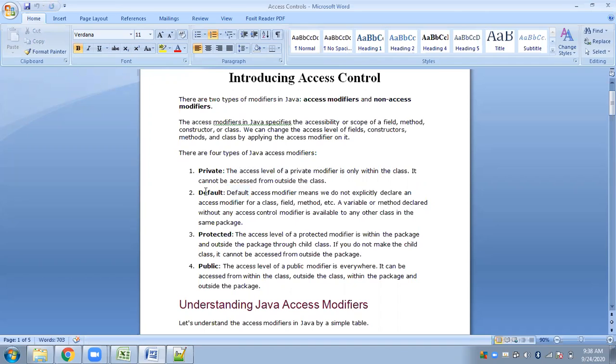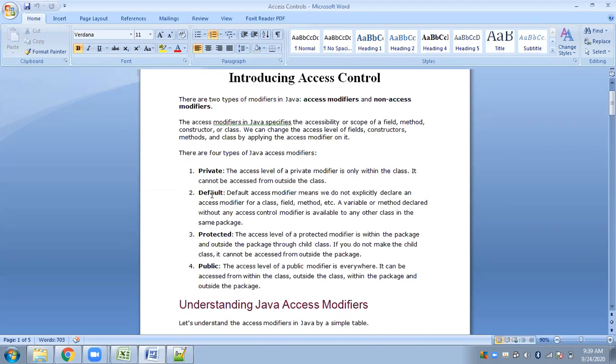Now what happens if you declare something as default, meaning you do not use any access specifier? What is this default access specifier? It is somewhat closer to public, almost like public. The difference is in packages. Public is open for all. Any member declared as public can be accessed from within the class, from outside the class, from within a package, and from outside the package. Package means folder, which I will explain in the next part. So here we do not have any restriction.